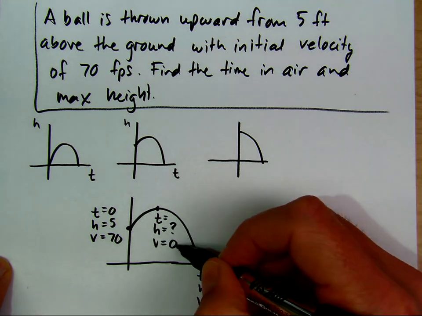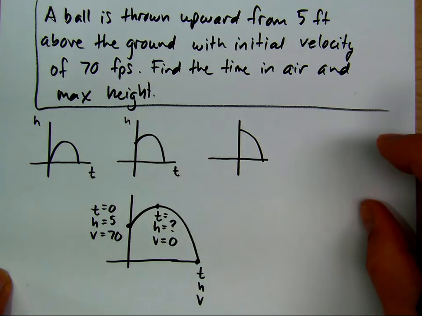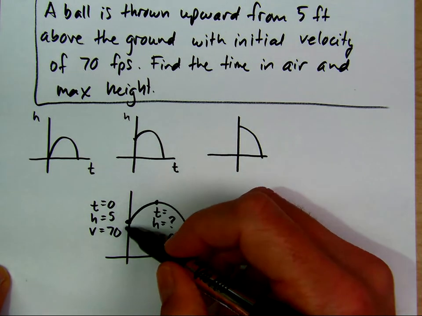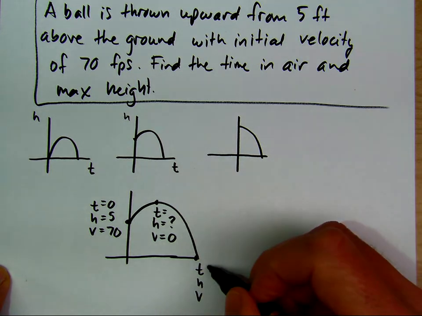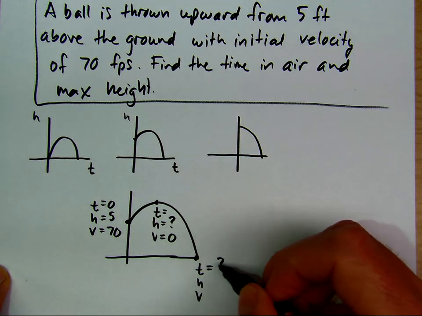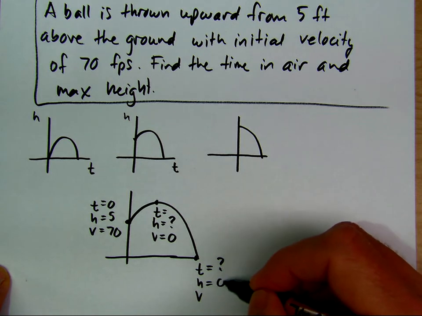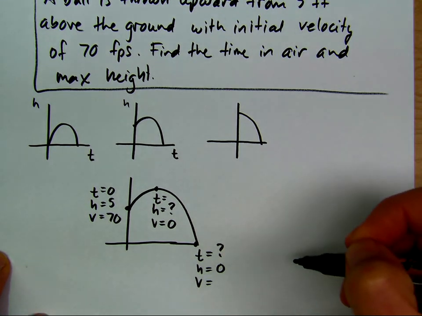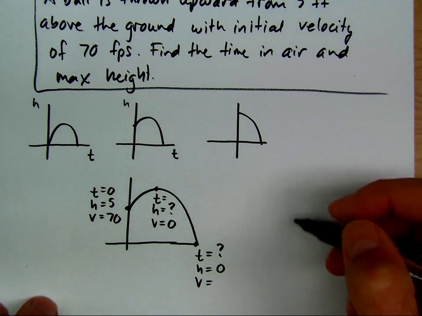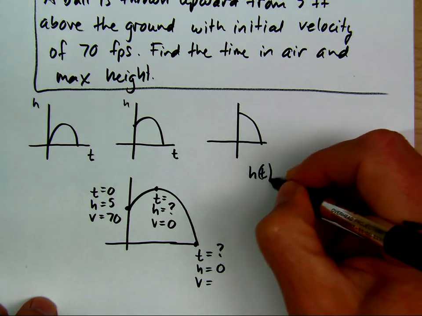They didn't tell us this, but we know at the maximum height the velocity is 0 because it goes up, it stops, and then comes down. This is what they're asking us to find, is the time that it's in the air. We know the height will be 0, and the velocity is a maximum, but we don't know what it is. We have the position function,